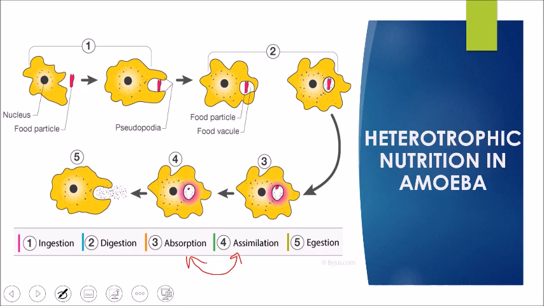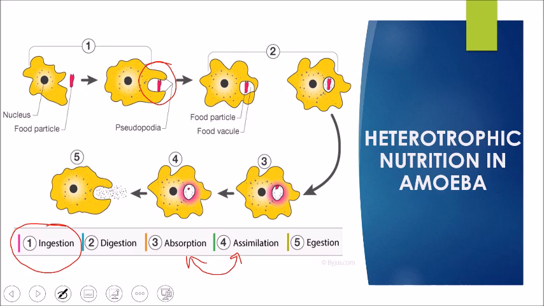In the first particular stage, you can see it's called ingestion. In ingestion, what happens? The pseudopodia completely encircles the food particle, as you can see here, and the process by which it does this is called phagocytosis. Once the food particle is completely encircled, the amoeba is able to absorb the food particle into its